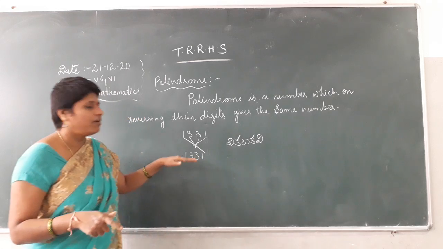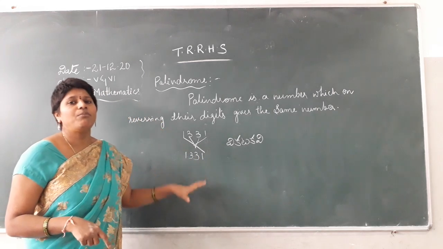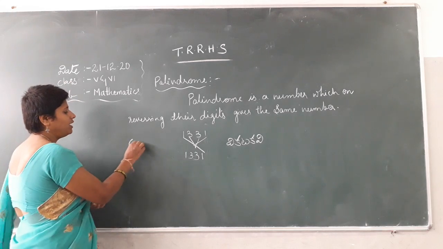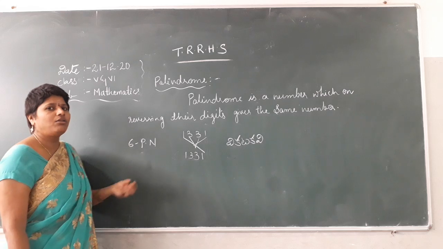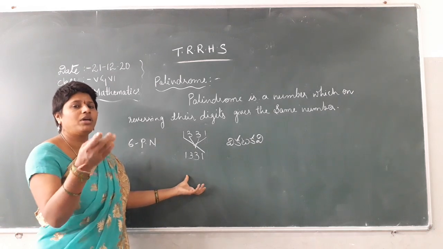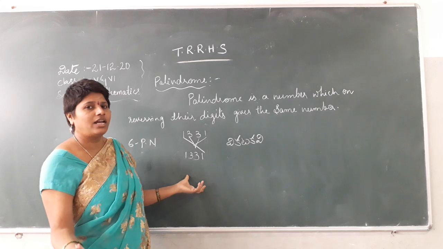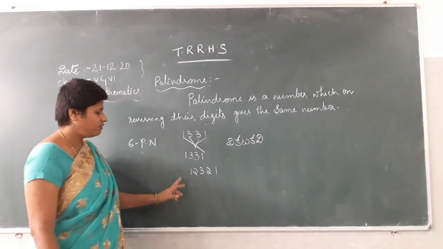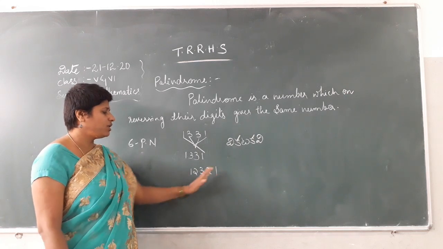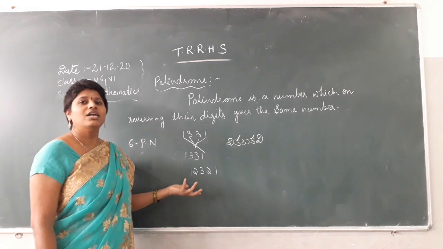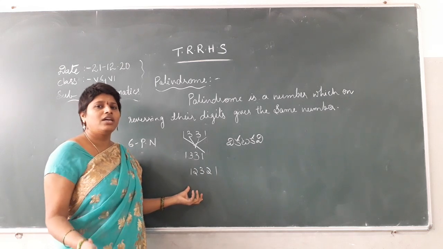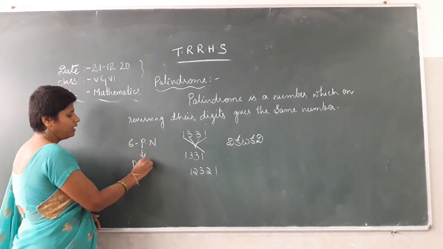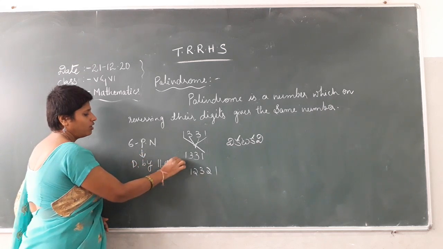Okay. So in maths they call it palindrome numbers. Why I am explaining this means you have to consider a six-digit palindrome number. Try to write down some palindrome numbers that can be read from left to right and right to left. Suppose 1, 2, 3, 2, 1. If you read it from your side, 1, 2, 3, 2, 1. Both are the same. Such type of numbers you take and try to find whether these numbers are divisible by 11 or not. Clear, children?